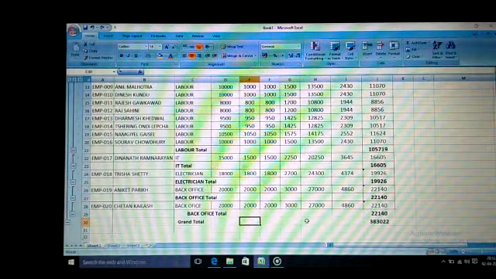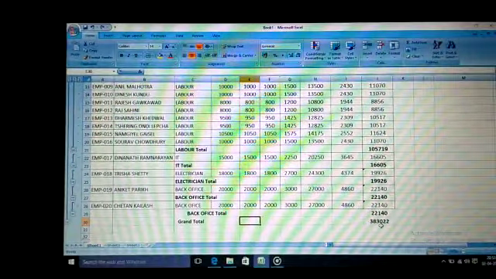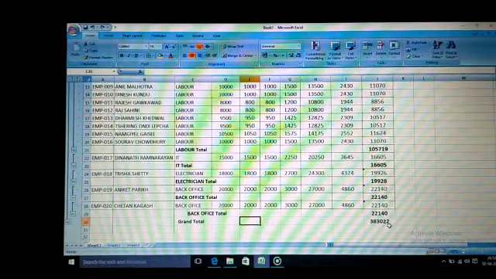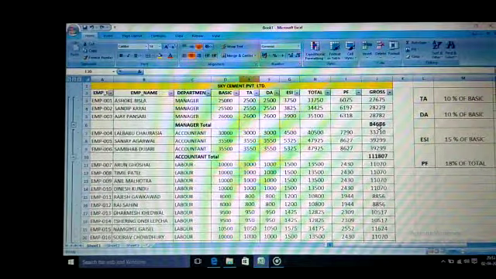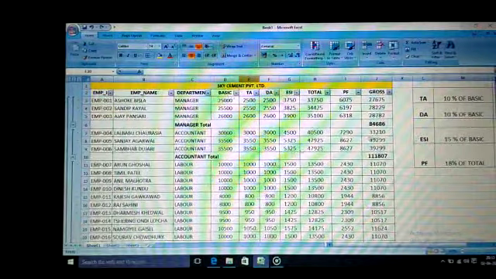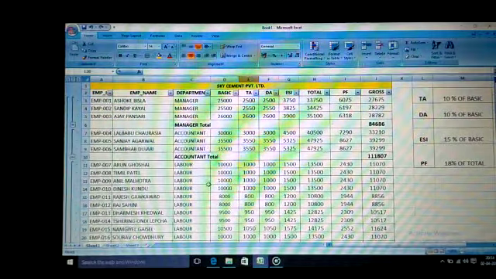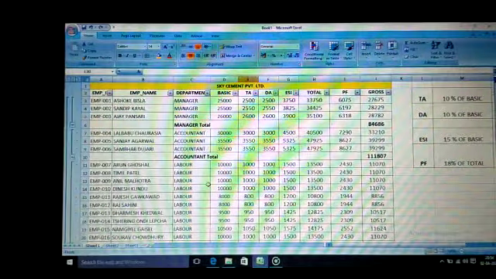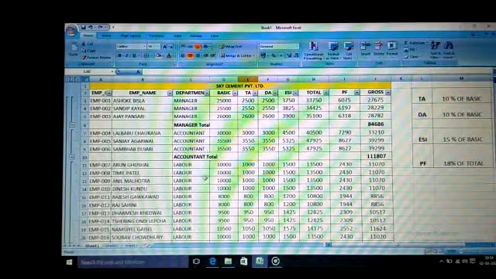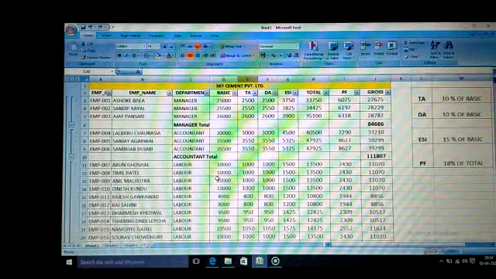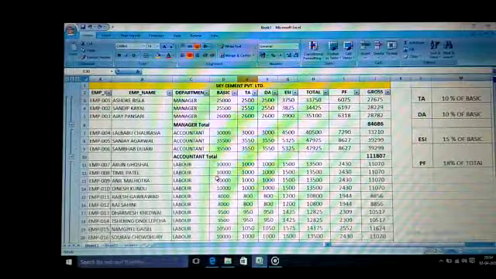The grand total our company has paid to all the employees is 3,83,022 rupees, and these bold numbers are the department-wise salaries. So our work has been completed. This is the way we find the salary of the employee table data. Actually, this is an example of the subtotal work, how we get the department-wise details, how we get the department-wise salary details.